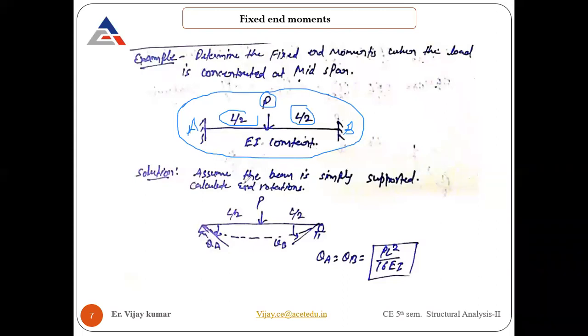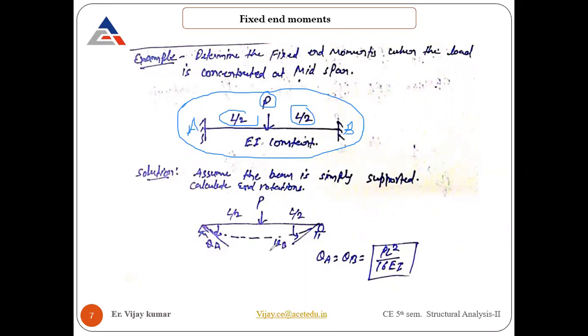So here, in this particular way, the approach remains the same. You need to consider one simply supported beam, and the other with the rotation. Here, there is a simple way to find out theta A and theta B. There are different methods to calculate slope and deflection, but basically we are interested here in calculating slope only. We are not bothering about the value of deflection coming out due to the P load applied in the simply supported beam. So basically, I'm going to calculate theta A and theta B.